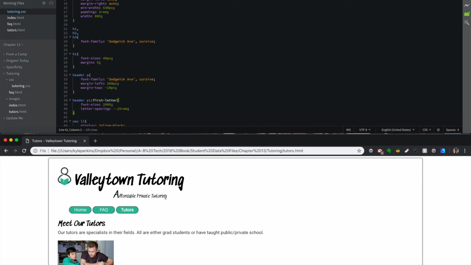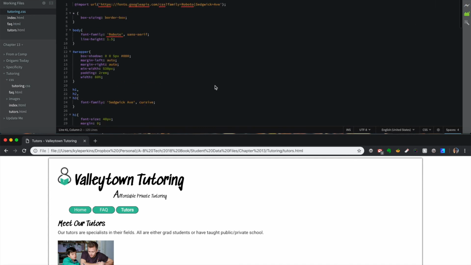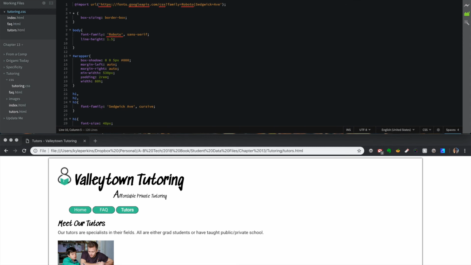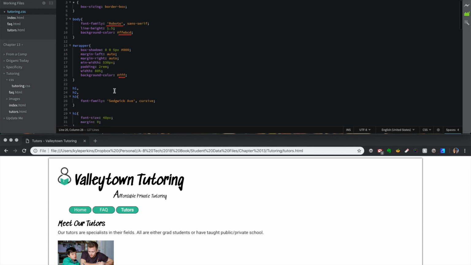Okay, let's try out a few others. We're going to add a few additional rules and declarations to further style the site. Edit the body. This is just a little bit of cleanup. Background color, FFEBCD. Edit the wrapper, background color, FFF. Header, closing after the wrapper,